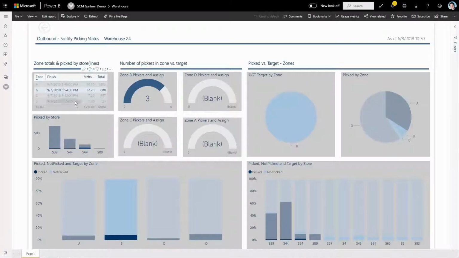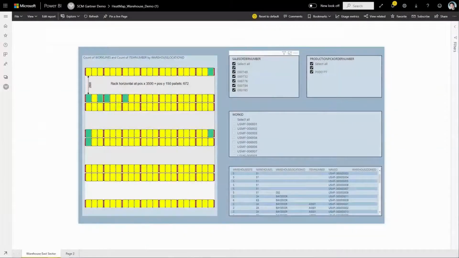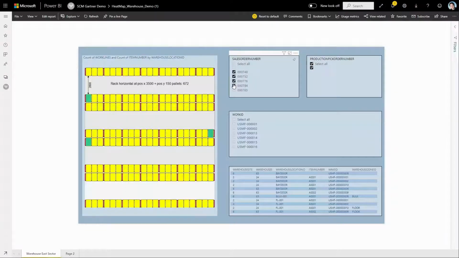Reducing pick and put away times is important to efficient warehouse operations. Using visualizations like heat maps, we can analyze the picking and put away work based on locations to help us organize and adjust work patterns. A customer like CRC that ships automotive products that are flammable, location control is important to the safety and